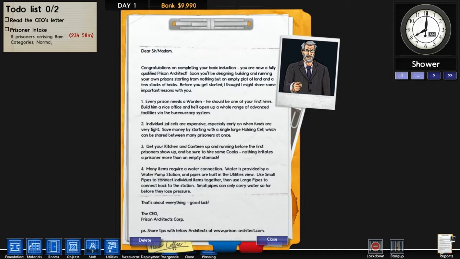Okay. You are now a fully qualified prison architect. Soon you'll be designing, building, and running your own prison starting from nothing but an empty plot of land, and a few stacks of brick. Before you get started, I thought I might share some important lessons with you. Every prison needs a warden. He should be one of your first hires. Build him a nice office, and he'll open up a whole range of advanced facilities via the